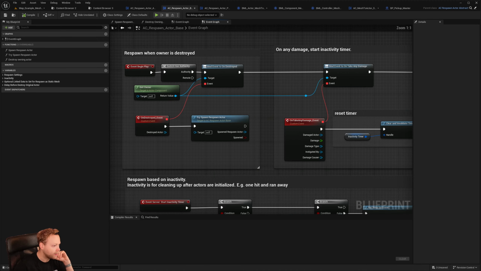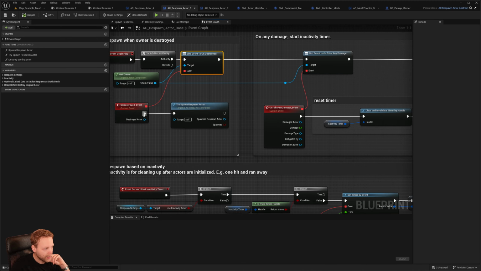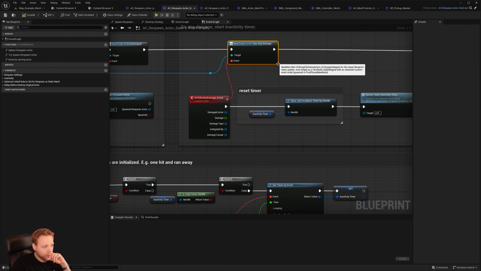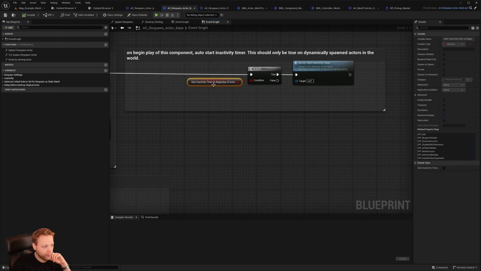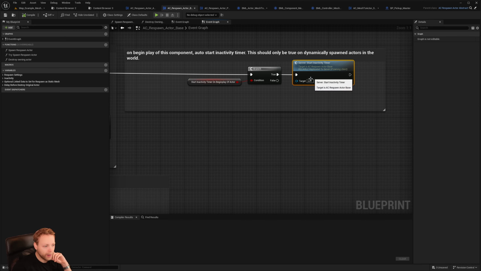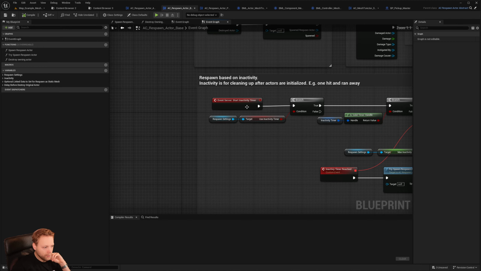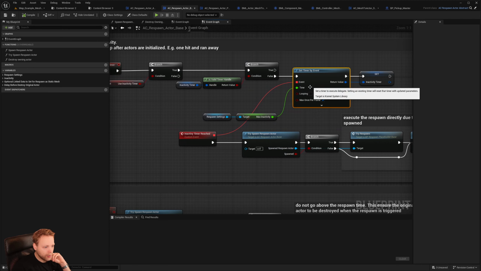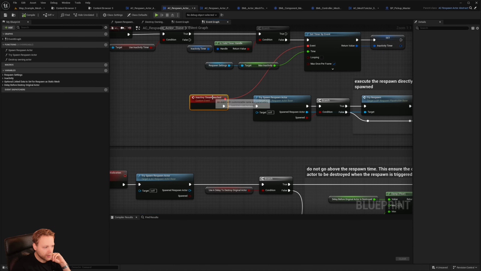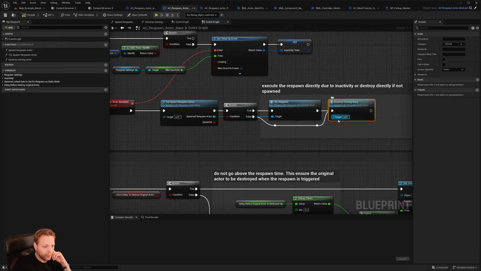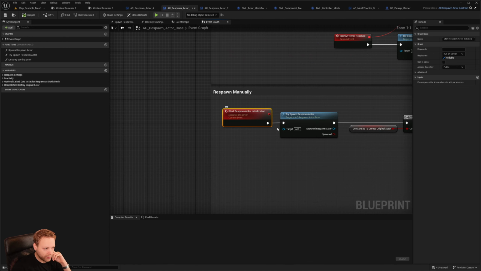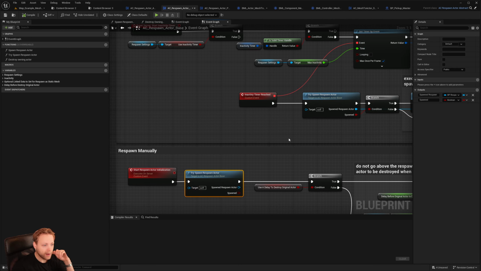So the respawn actor base: begin play, bind event destroyed, on destroyed, try respawn actor. On take damage, start inactivity timer. If we want to start the inactivity timer on begin play, just start it. So the inactivity timer, what does it do? When the inactivity is reached, then we are going to try and respawn an actor. This is the direct respawn, and we're just respawning that actor. However,